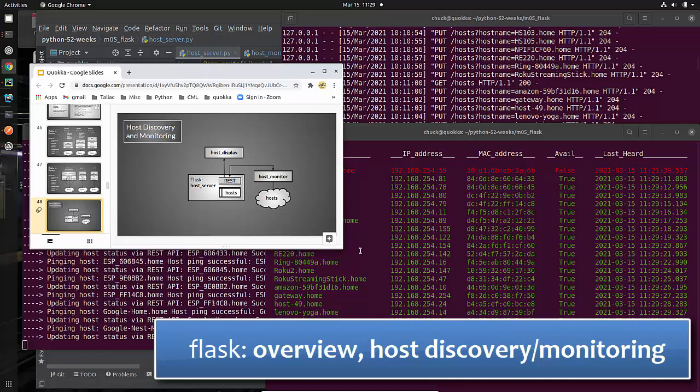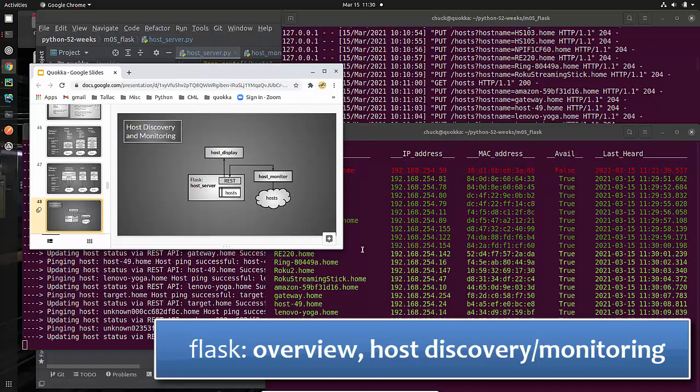We're doing 52 weeks of Python. We are in week number 38 and we are beginning our discussion of Flask. Now, this Flask discussion is probably going to take a few weeks. In fact, I can tell you the lesson that I intended to be this one is actually going to have